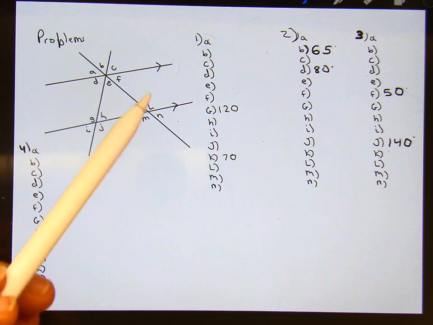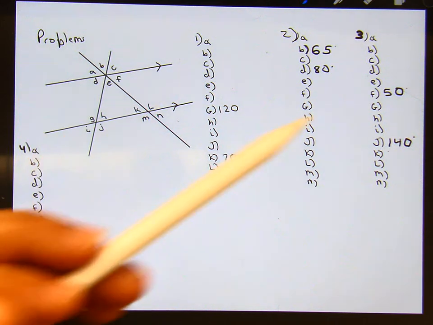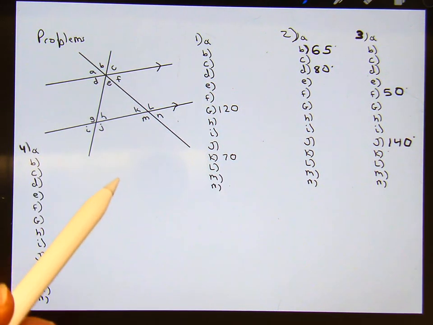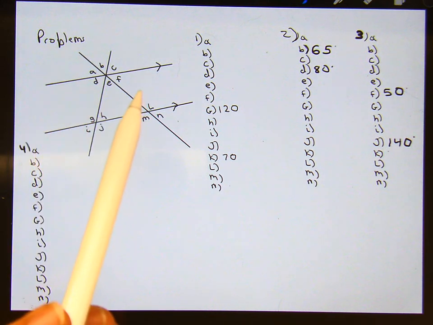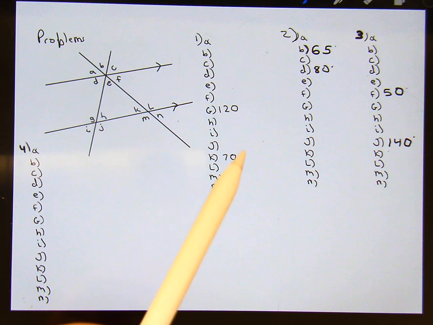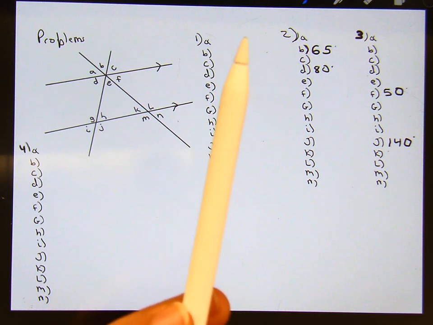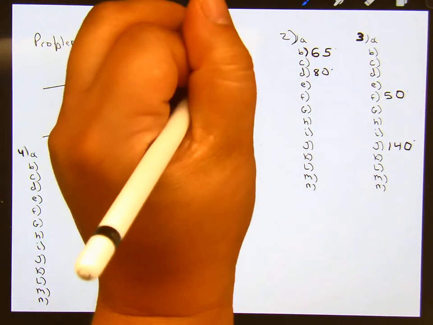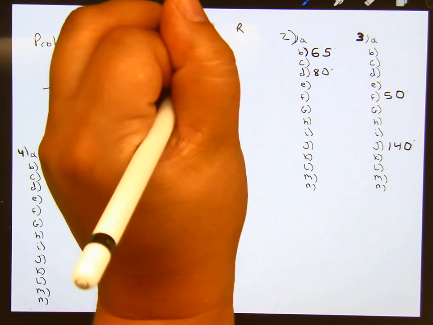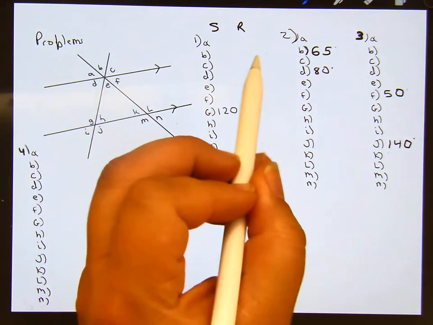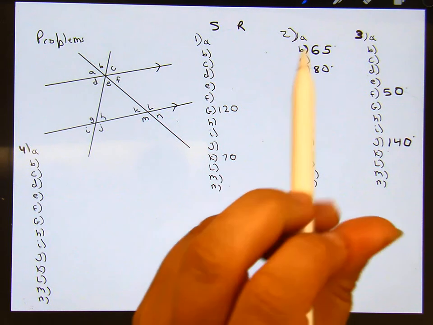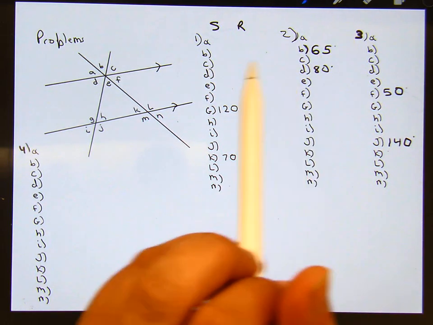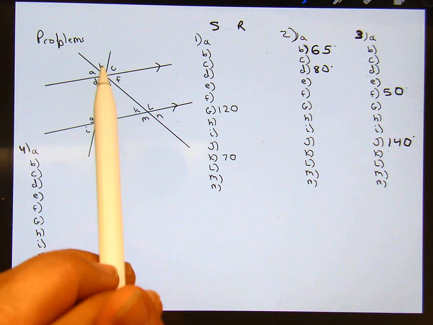So go back over this example, and you can pause this video here to get your problems done, but you can go back over it and watch the process if need be. But it's very similar to the one that we just did. Okay, so find all the missing angles and state your reason. So I do want you to put down where you're doing vertical, alternate interior. That vocabulary is essential. Number 2, let's say B was 65